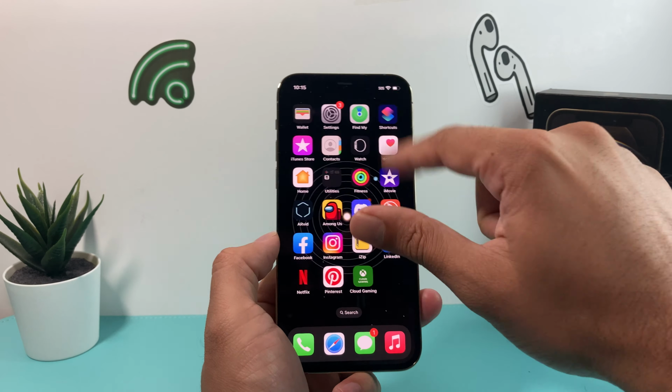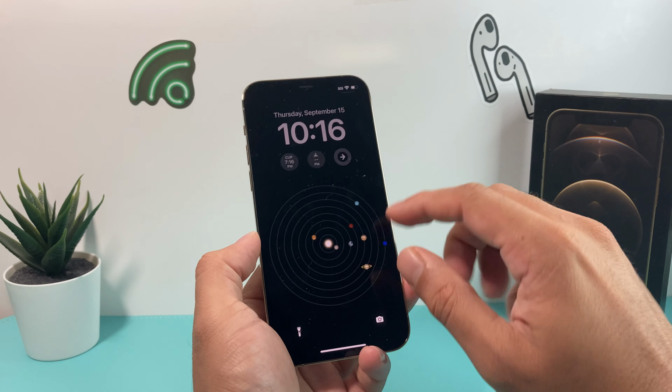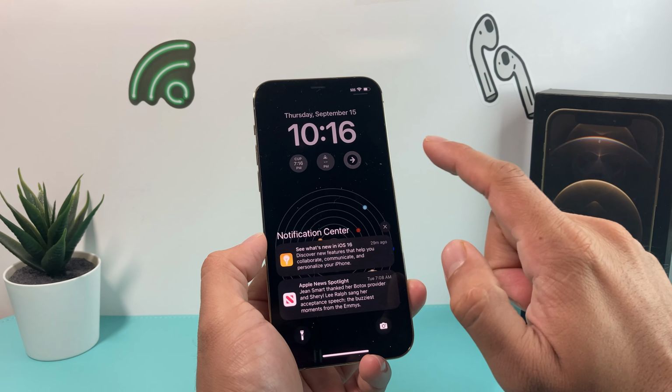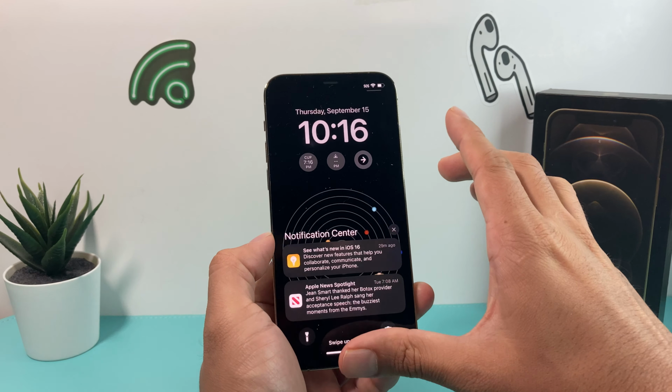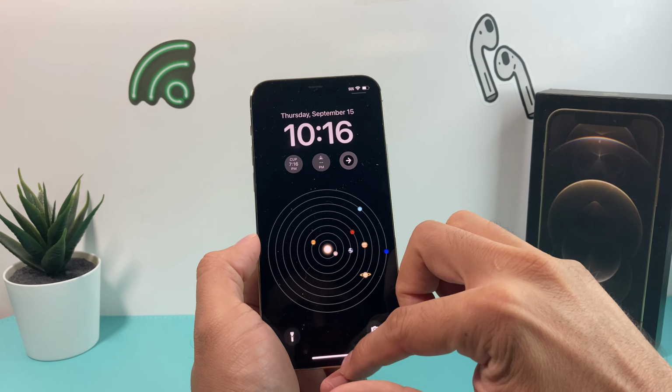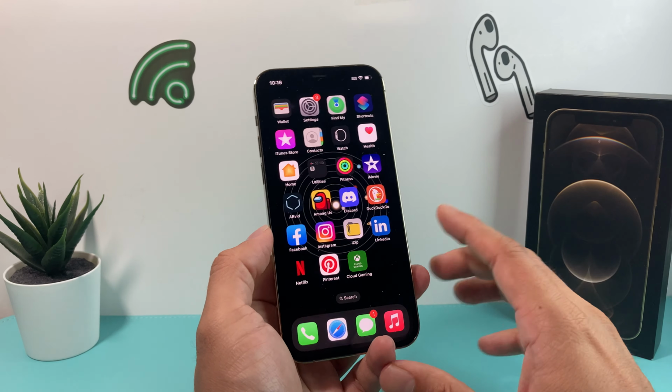And lastly, the other update we want to tell you guys about is notifications. If you haven't noticed, you'll see notifications now starting from the bottom, where in the past they would just start from the top here. That's another cool thing. You can go ahead and check it out. So those are some of the top features of